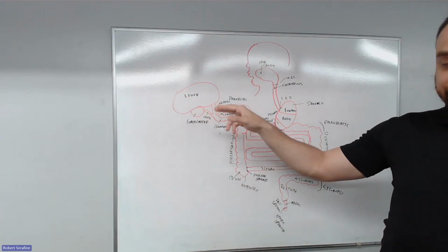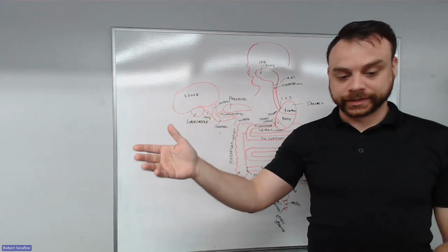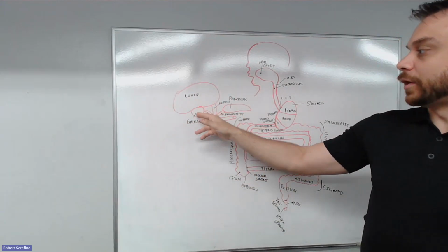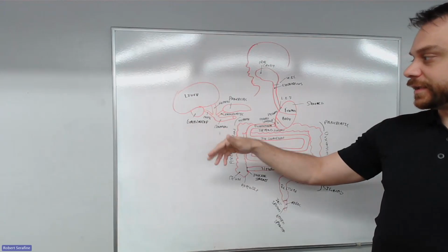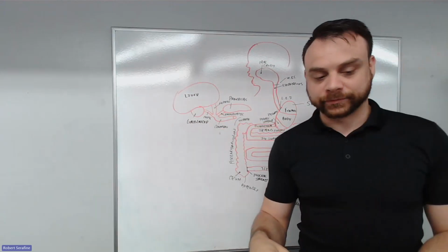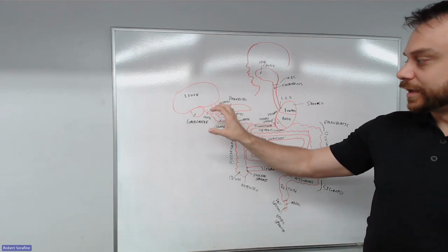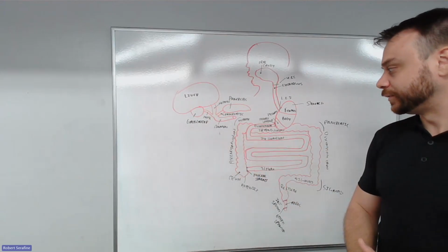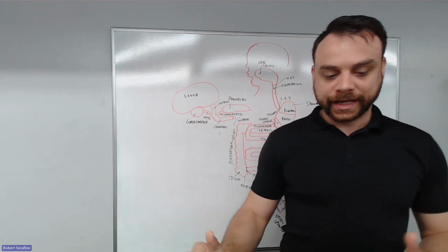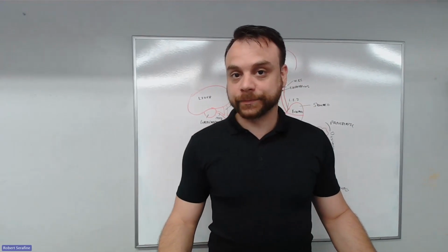So remember the bile duct system, right? Our liver has the hepatic duct because our liver is hepat, right? And then the gallbladder is a cyst, so we have the cystic duct. Then we have the pancreatic duct come from the pancreas, all leading into the common bile duct and then dumping into the duodenum. And that is your digestive system